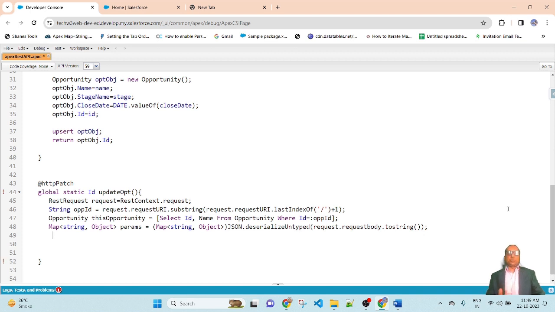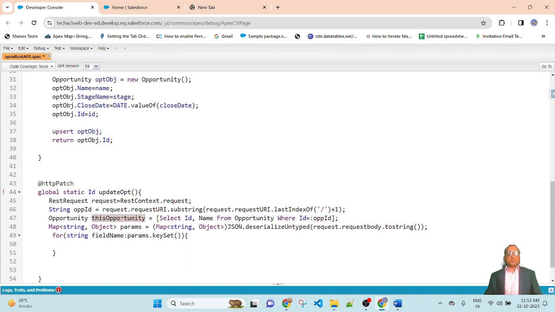After that, here I will create a for loop. Pass the String, write the name of the variable, fieldName, colon, this params.keySet. Inside the curly bracket, we will put the value.